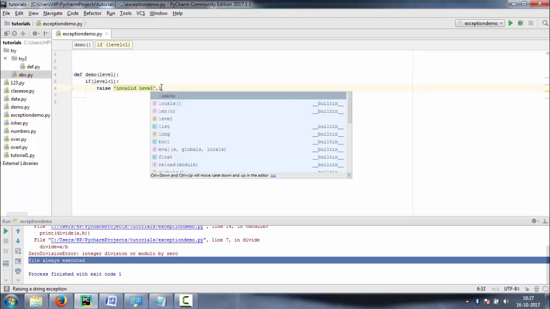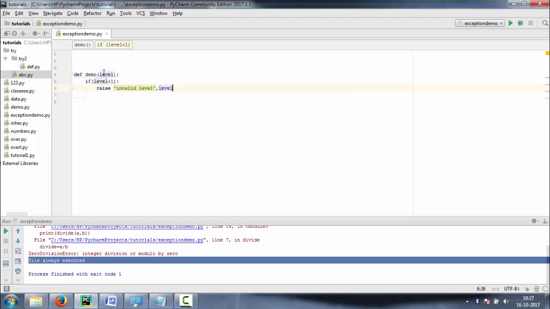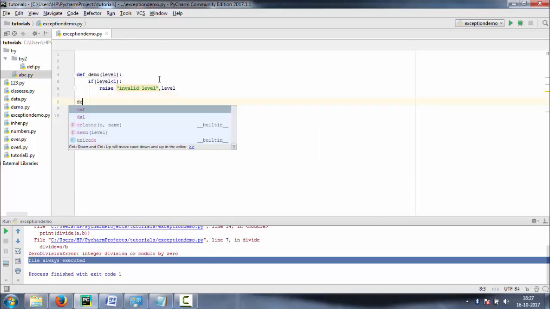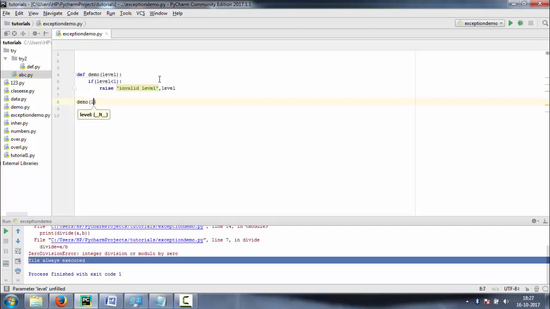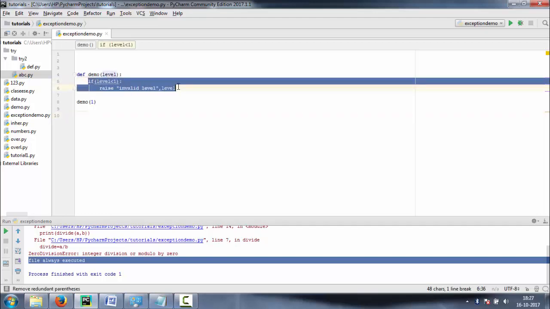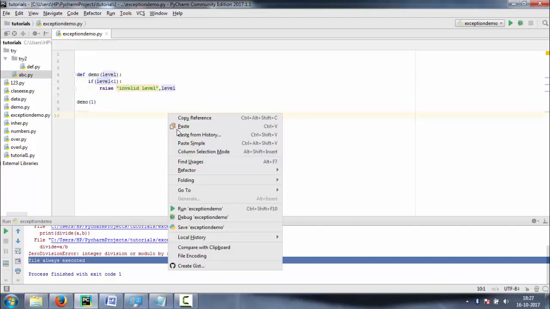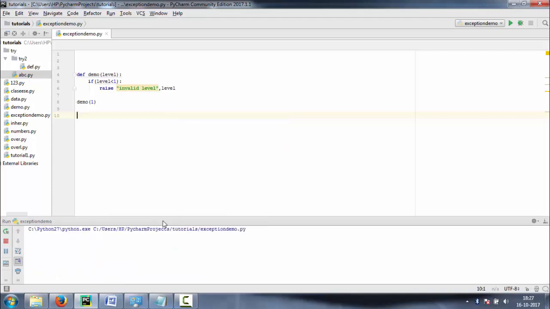Now let's call that function demo. I am passing 1 here. Here I will make a case where an exception occurs, raised by us.